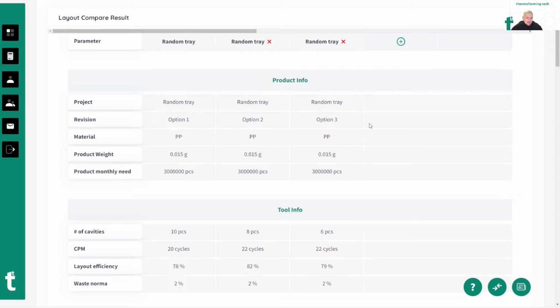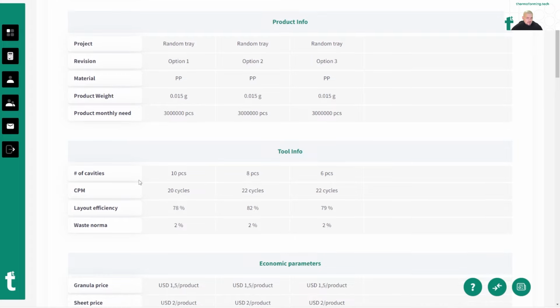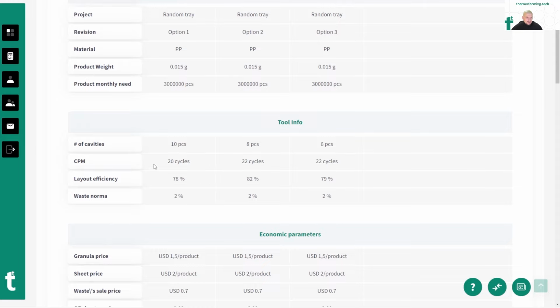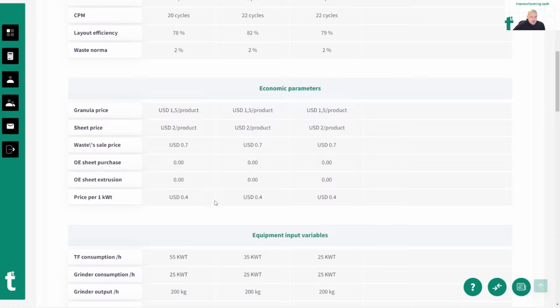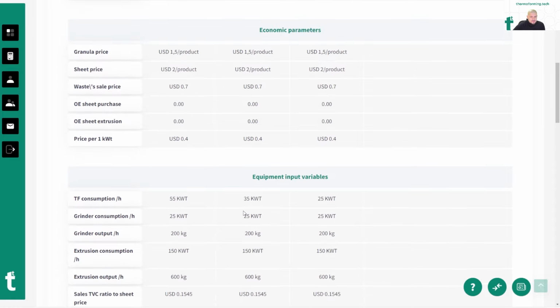We have the same tray. We have 3 configurations. It's a polypropylene tray with the same weight. We produce the same amount of products. And we have a 10 up mold, 8 up mold, and 6 up mold. On the bigger machine, we run a little bit slower and with a smaller efficiency, 78%. The middle one has the highest efficiency, and the smallest machine has something in between. So the economic parameters are the same, and actually the difference is about our kilowatt consumption per machine,